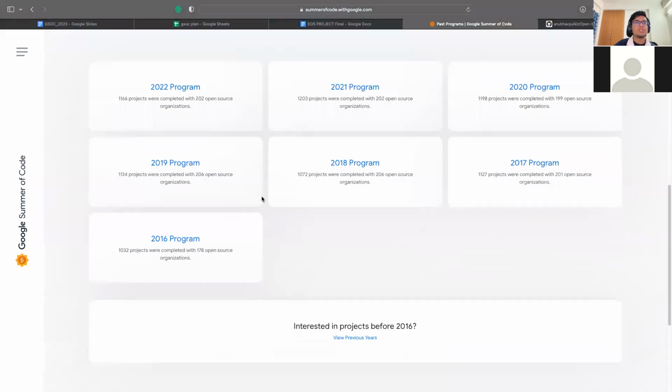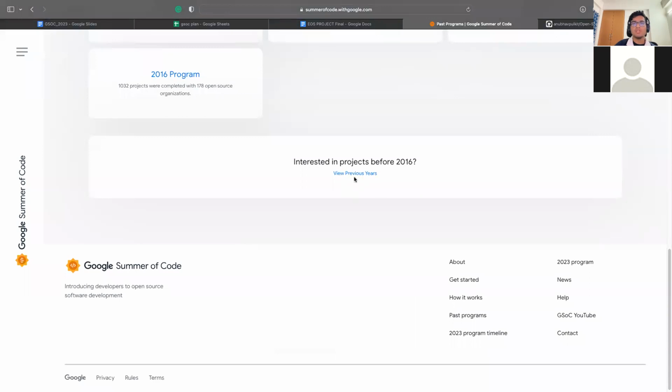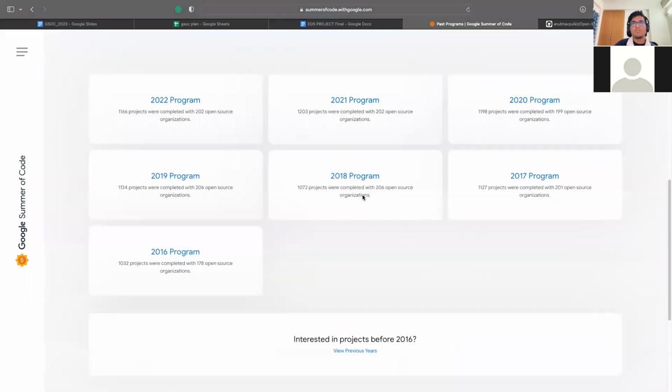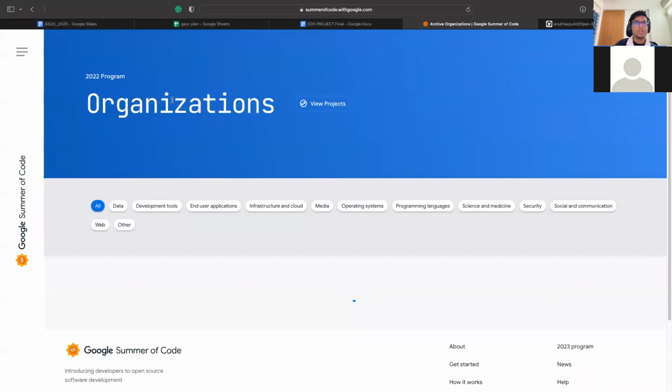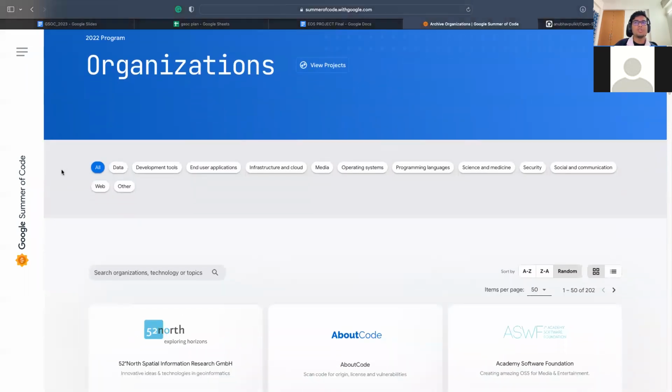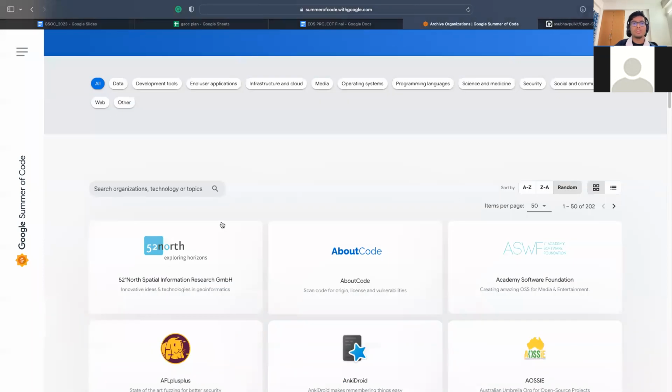And in this, as you can see, we have 7 different programs listed. And we also have the data of all the years that GSoC has been conducted for, but you don't have to check all the years. If you are just checking for the year 2022, 2021, 2020, that's more than enough. So let's just go to 2020, and over here we also have these filters which you can use if you are 100% sure that you want to work in these areas. But still, I will again say I'm highly suggesting that you should go through the entire list at least once.